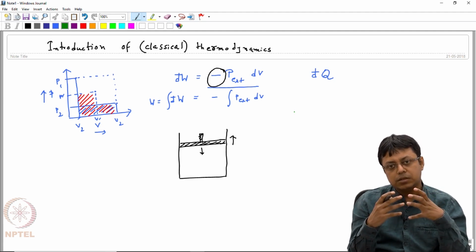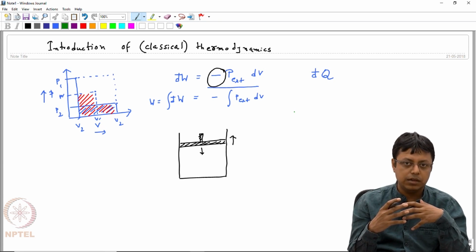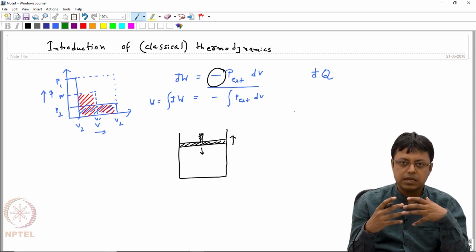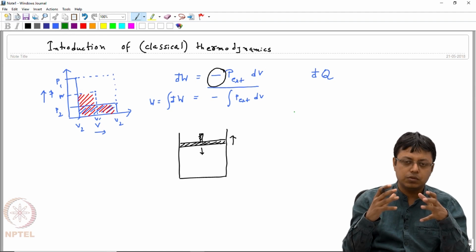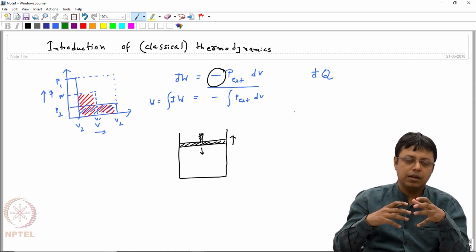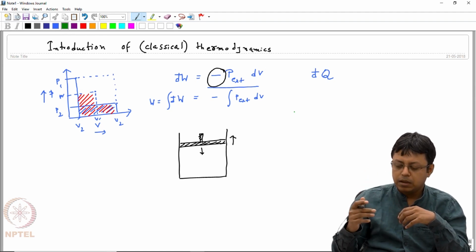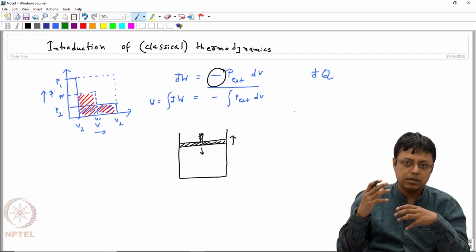But after the cyclic process, the surroundings may not come back to the initial state. And we discussed it. Suppose I expand the gas in one step and then compress it again in one step, and to make sure that my final pressure is equal to the initial pressure, we'll see that there will be some imbalance of the work done, and we discussed that the work done is equivalent to the lifting of masses,